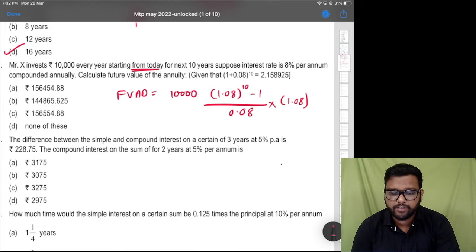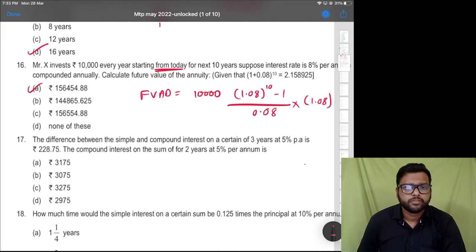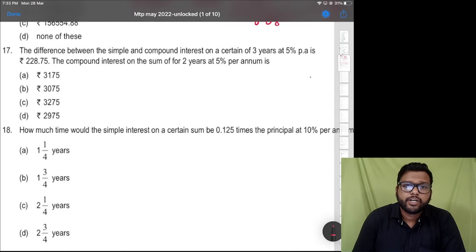2.158925 minus 1 divided by 0.08 into 1.08 into 10,000. So 156454 is the correct answer, option A. Fine. 17. Difference between simple and compound interest on a certain sum